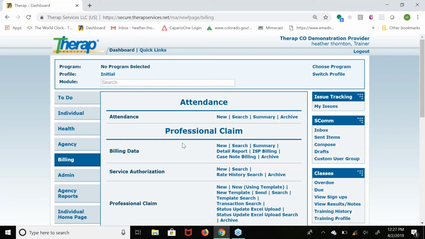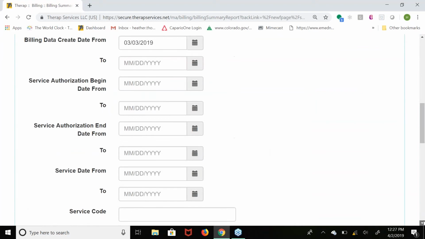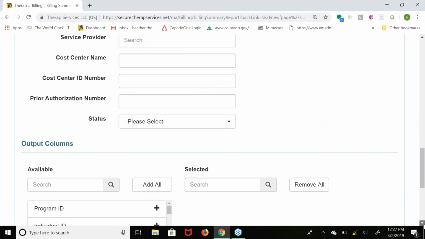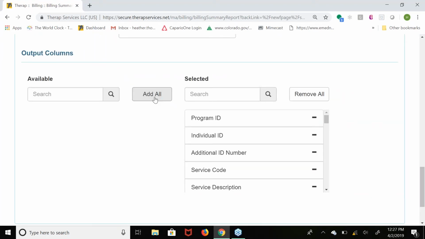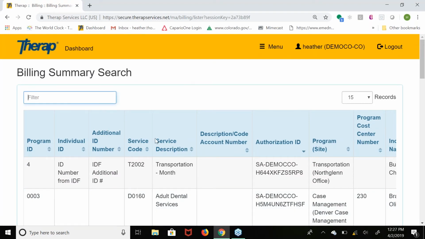But just to give you an idea what that generated billing looks like in the system. So again, we generated it 3 different ways. We did it for that monthly unit. We did the mileage, which did our monthly unit, by the way. We did the trip transportation. And I'm going to go ahead and just do our search. So right here,